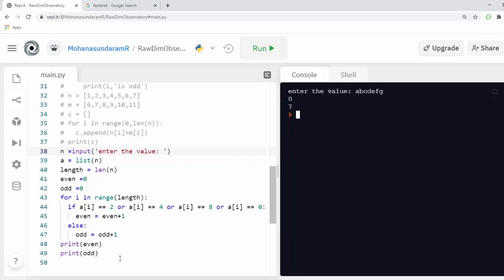This is a Python program to count the number of odd numbers and even numbers from an input data, and it should contain a minimum of 10 characters. We have done it with a string, but what if it wasn't, for example, 1 2 3 4 5 6 7 8 9 10.